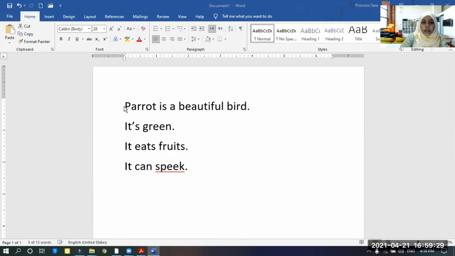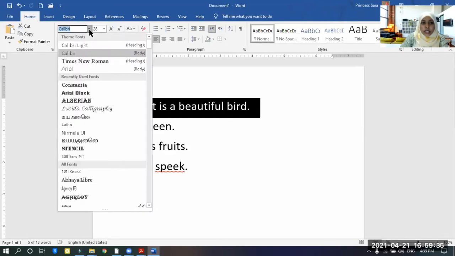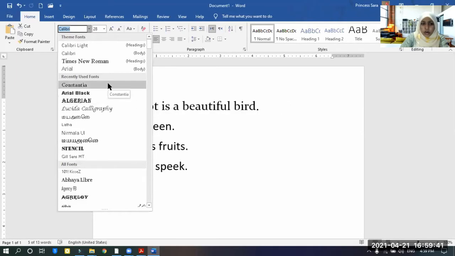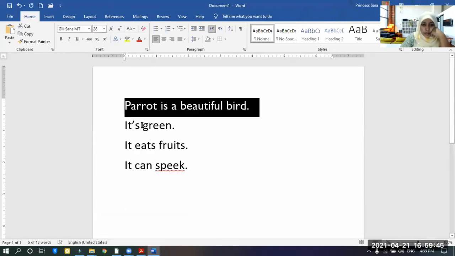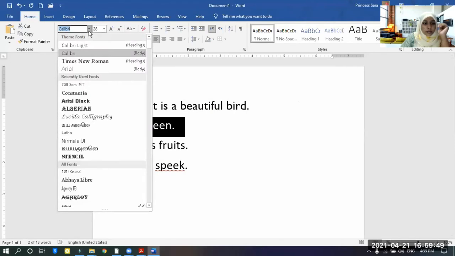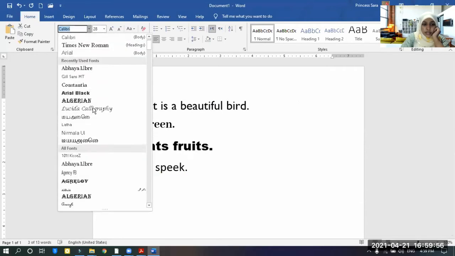Okay. Now I am selecting the first sentence and I am going to change the design. I am going to change the style. There are many styles here, right? You can use whatever style you want. So this is a style. See, this one is a style. And this one is another style. Different styles are there.